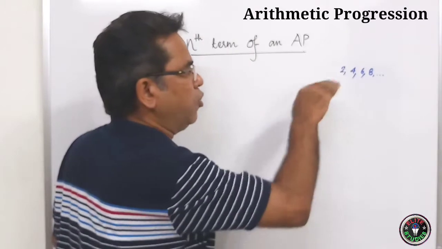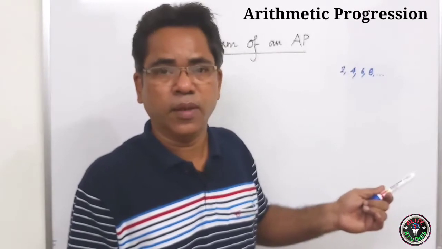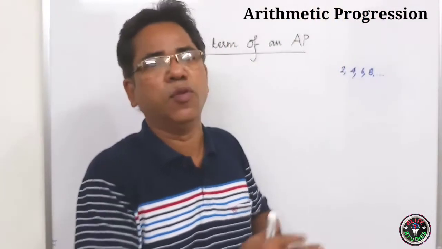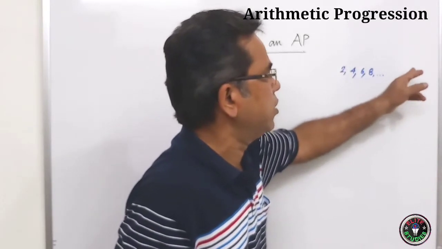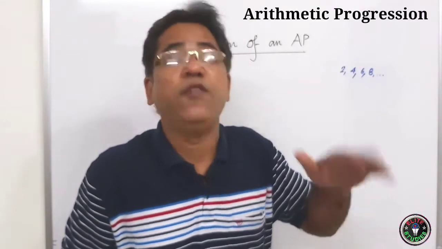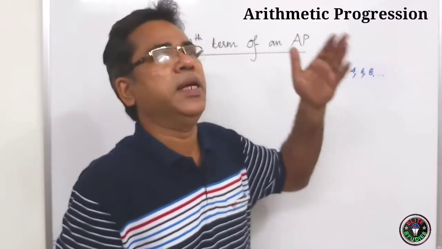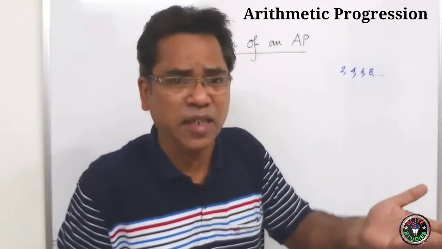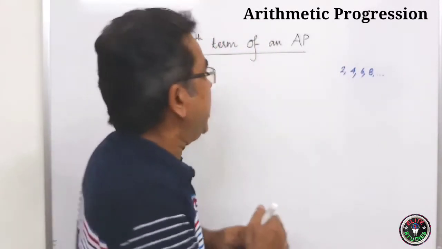But if I ask what will be its 200th term? Okay, it is not viable to go like this, 8, 10, 12, 14, in this way. You cannot go. So there should be some way in mathematics to find its 200th term. Or you may also ask what is its 500th term, any term of this AP. It may be the 60th, 65th, 75th or 100th term, and that too not by doing this, but by doing some calculations. So that is the very purpose of this.